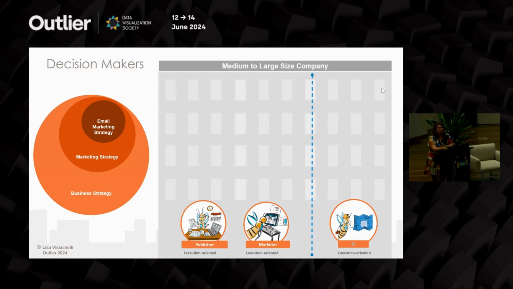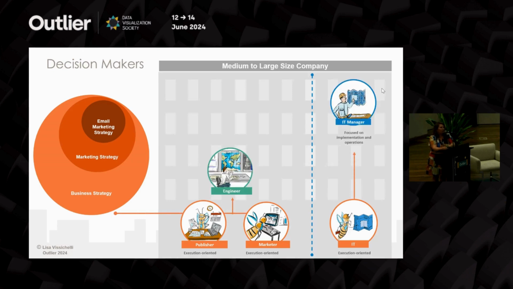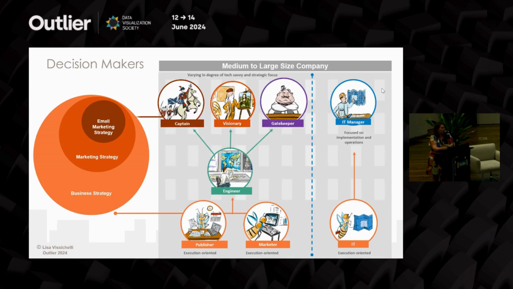And on the bottom, we have the busy bees. And as they ladder up, they all interact with the situation differently as they go to different management levels: engineers, IT managers, the captain, the visionary, and the gatekeeper. And in each situation, the people that it's leveling to have a very different way of solving the same problem, or a very different way of interacting with their space while often performing the same task.